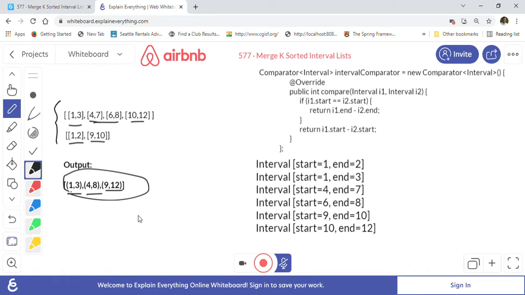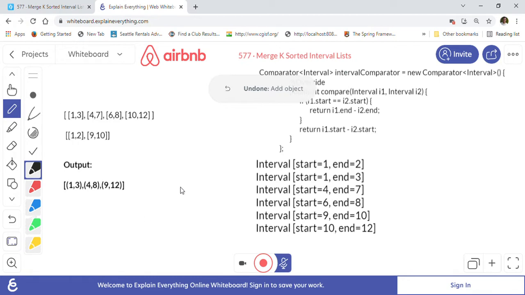Let me just backtrack this so we can reuse it again. To solve this problem of merging k sorted intervals, the main observation is that if we can take all these intervals and keep them in some kind of sorted order, then we can easily merge them.